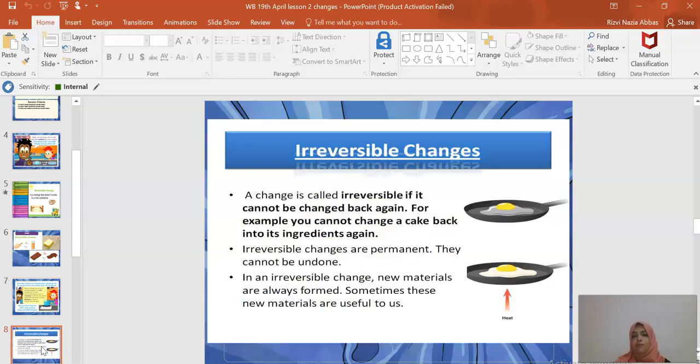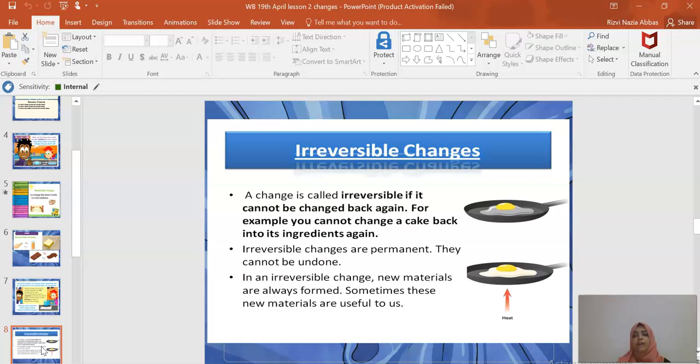Then we come to irreversible changes. A change is called irreversible if it cannot be changed back again. For example, if I'm cooking an egg, can you get back the liquid form of the egg? No, it is a permanent change. It cannot be undone.